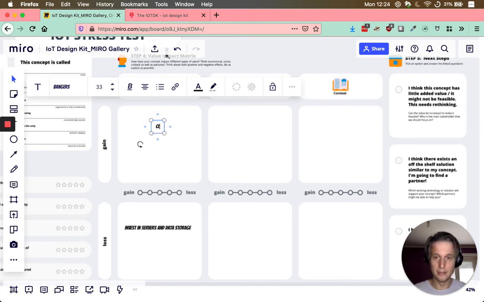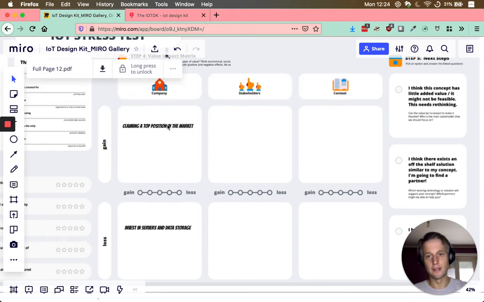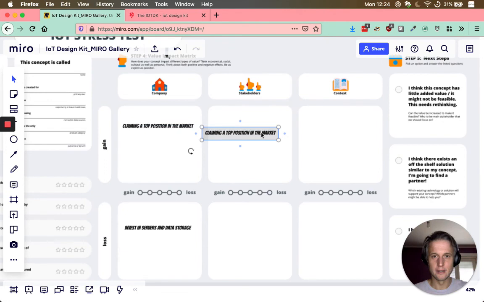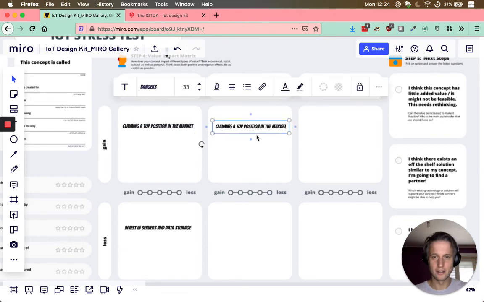really claiming a top position in the market because we're offering a radical new product. You could do the same for the stakeholders. The value gain could be, in this case, suppose that we do time tracking functionality,